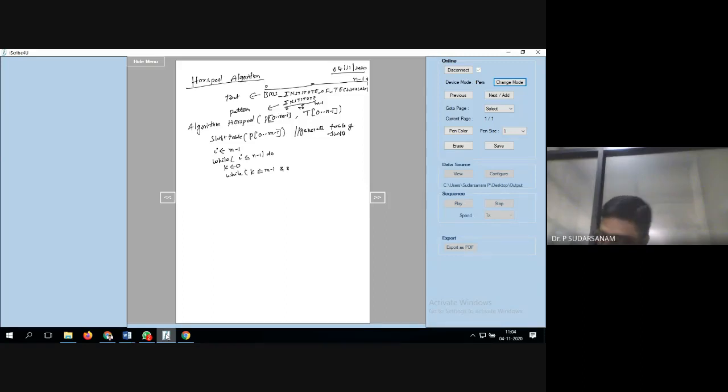And here is P[m-1-k]. Listen here, for m-1 minus k, you need to check first the last character, as in Horspool's algorithm, the m-1 location. Initially k is equal to 0, so m-1 minus 0 is the last character, E, which will be checked. That is the reason we write P[m-1-k] equals.